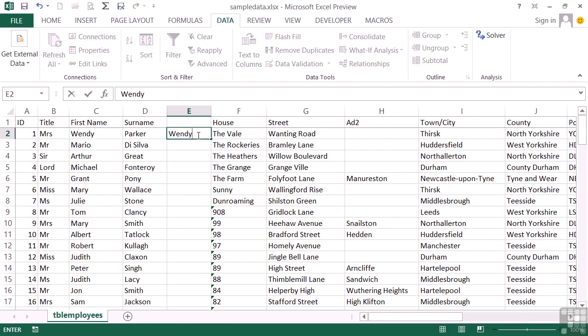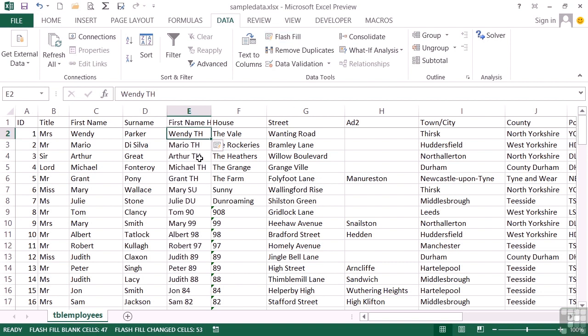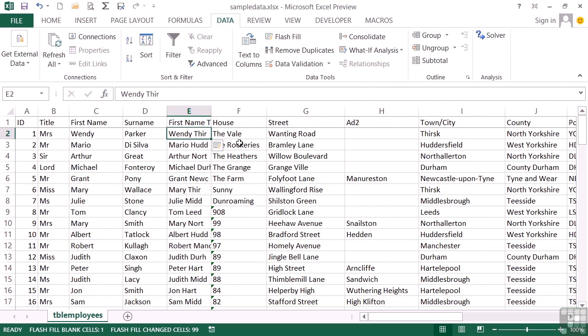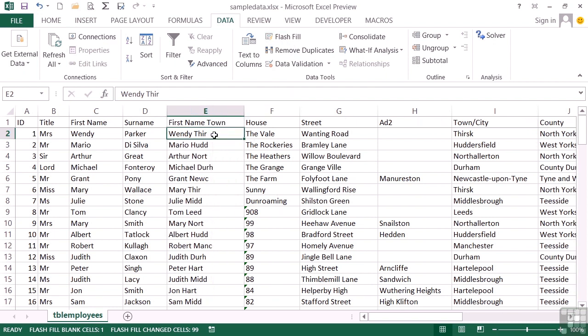Let's try Wendy TH. So that's their first name and the first two letters of their town. Flash Fill. But this time it's not been so clever. What it's done is it's taken the first two letters from the house because that's the nearest column to it. So let's undo that and let's make it THIR, so the first four letters of the town. So then when we do Flash Fill, it's not so confused and it manages to spot the first four letters